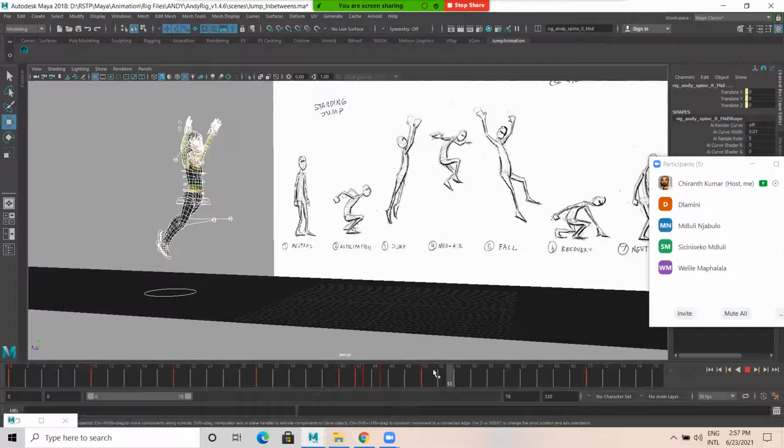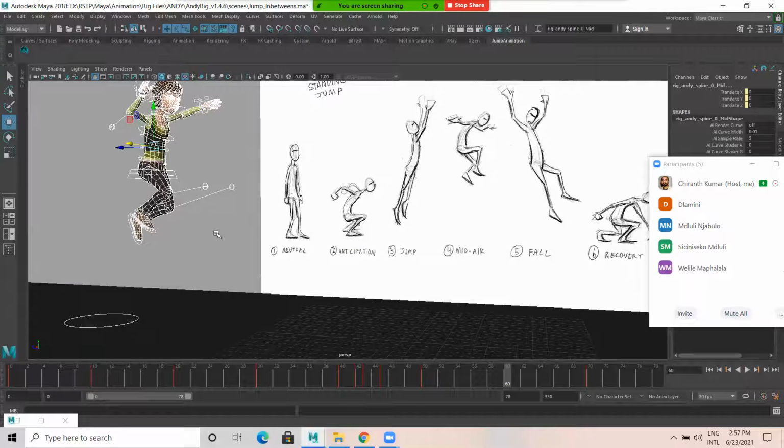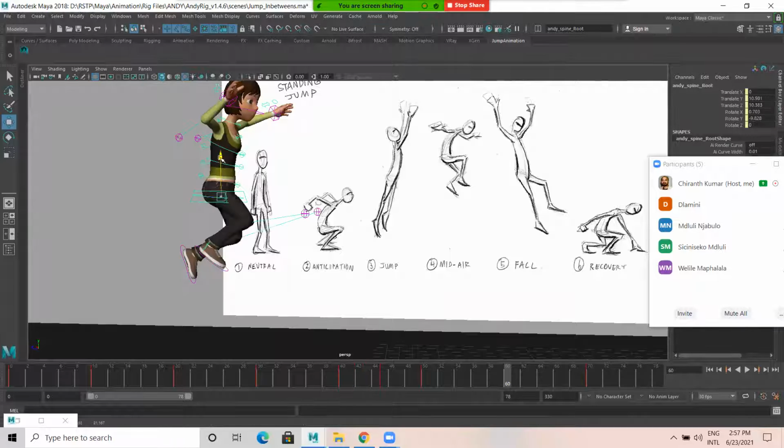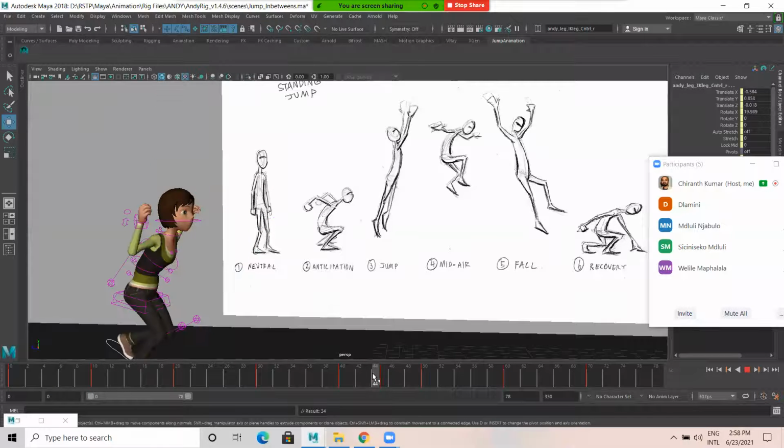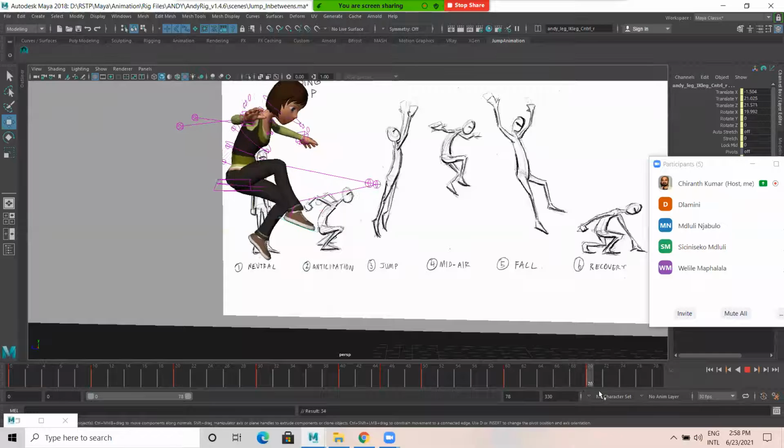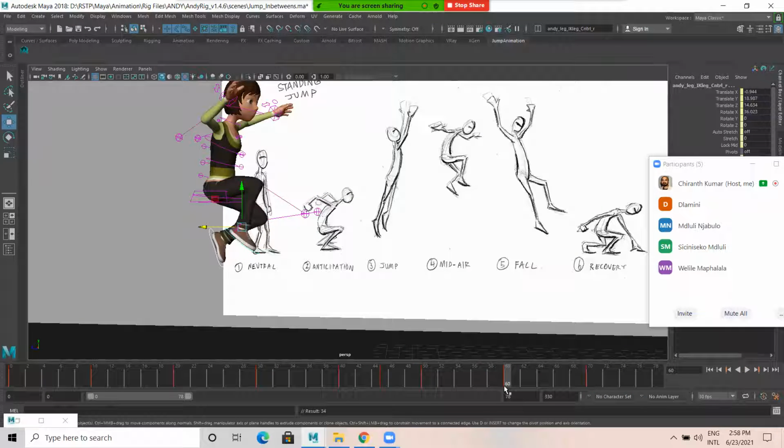So here at 60, what I do, I'm gonna select these two here. So let's do like this.